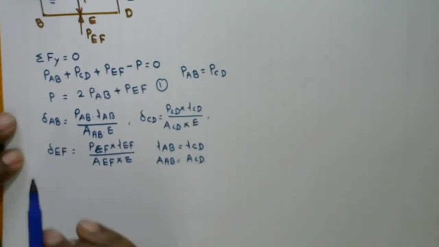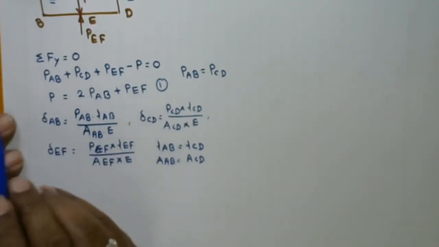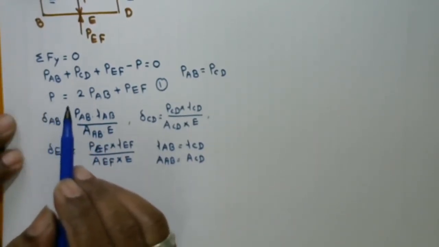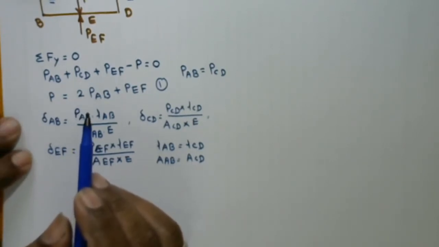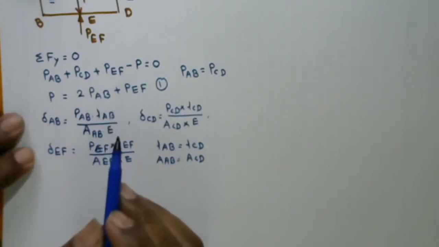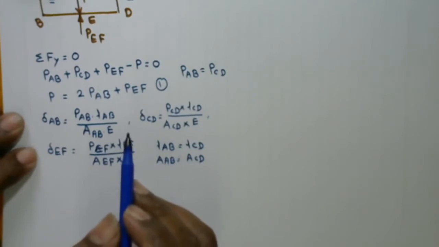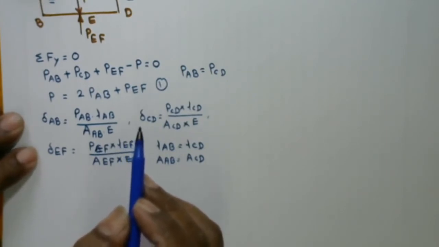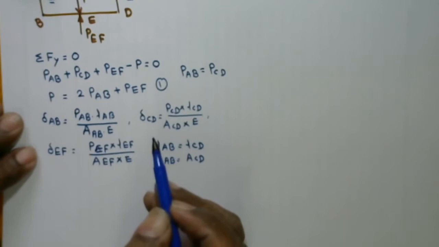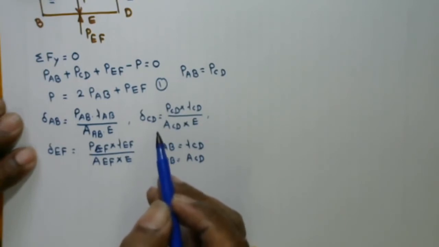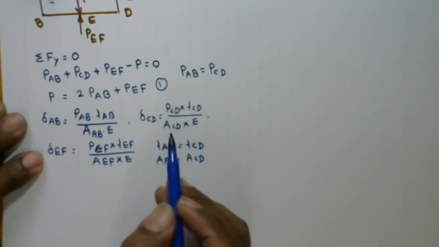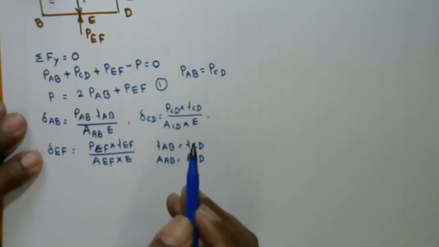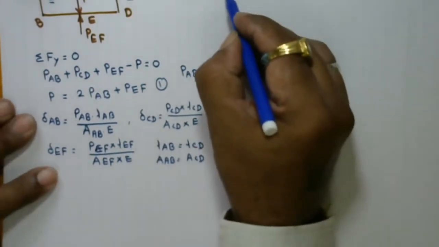So now in that case, points A, C and E are the fixed points, and the member BED is a rigid bar. So we may say that the deflection at point AB is equal to the deflection at point EF. So we may write the equations